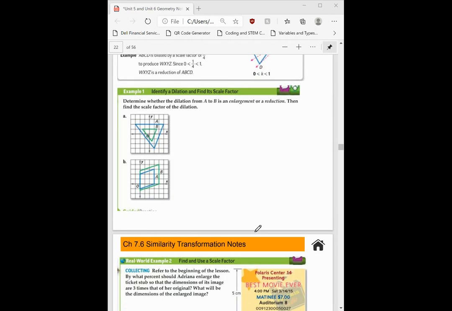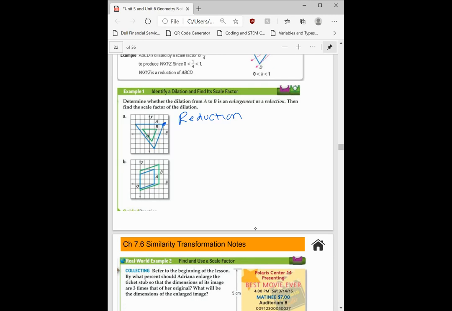So it says determine whether the dilation from A to B is an enlargement or a reduction. Then find the scale factor. So let's look at A. B is smaller than A, so this is a reduction. The distance between the vertices, negative 3, 2, right here, and 3, 2,